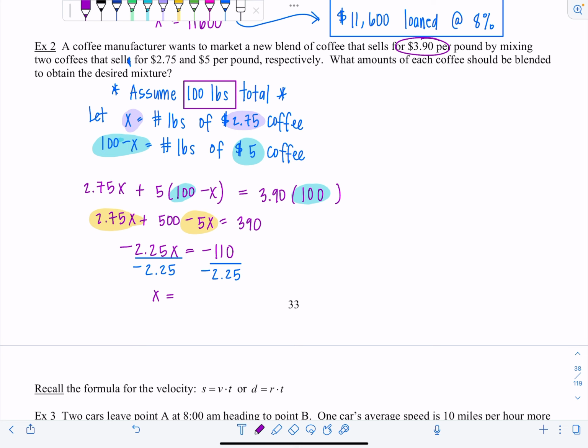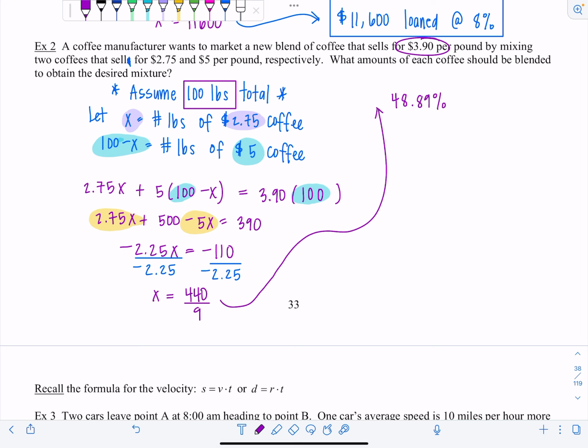you get 440 over 9. That's not a decimal, that's a fraction. I reduced it in my calculator. Okay, so what exactly does that mean? That means for the coffee that was at $2.75 per pound, of the 100 pounds, 440 over 9 should be the 275 mixture. That number isn't very helpful. So let's just figure out as a decimal what it would be. So 440 divided by 9 is going to be